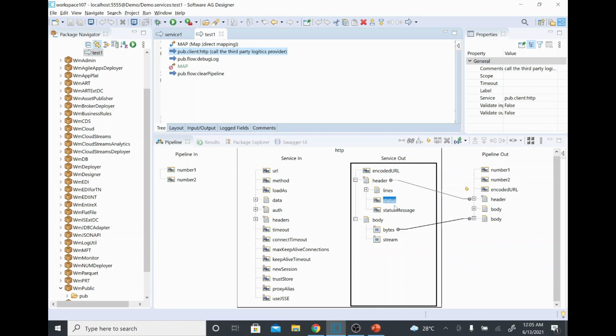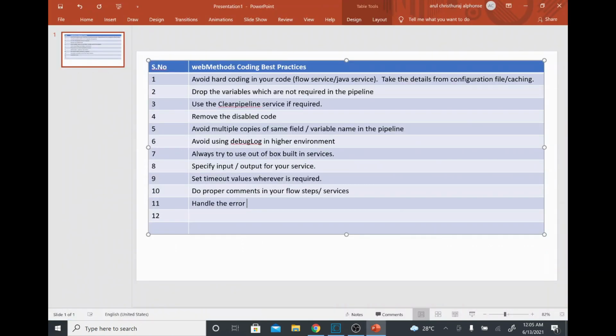And if there is any exception, you have to throw it. Only then can your error handling framework or the catch block catch the exception and act upon it, to send an email or log the exception detail in your logging framework or error handling framework. You can do that from there. So you have to handle the error, and wherever you have to throw an error, you have to do that. And then